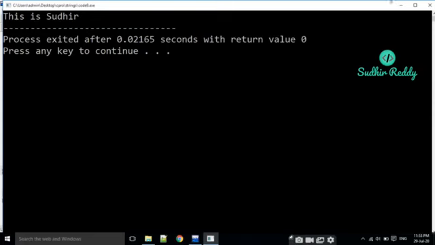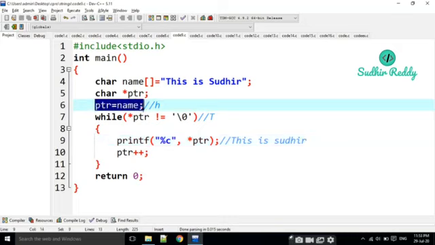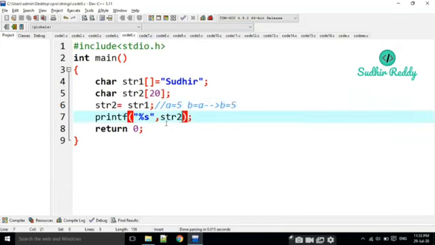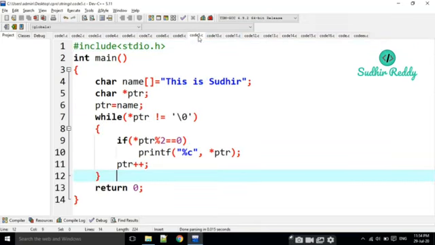Here also it is going to print the whole string. Why is it working here? Here I am writing like this: ptr is equal to name. But in the sixth example, this is an error. Why is it an error here? We are placing the address in another character array. That is not possible, right? If you are going to place an address, we have to maintain some pointer that is followed here. That's why it is going to print the whole string.